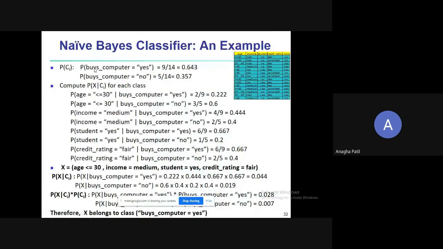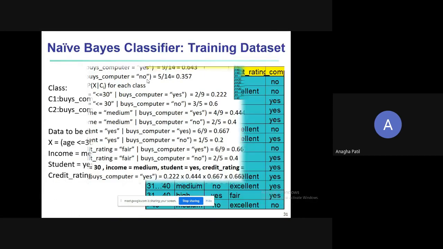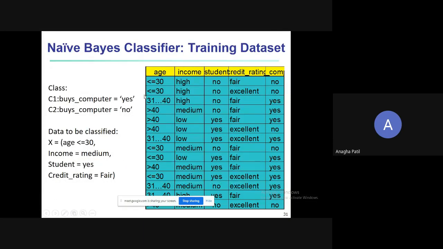Depending on the formula, let's say we are finding the probability of the class labels first. The class labels here are buys computer equal to yes and buys computer equal to no. The first thing we need to do is count the number of samples present.